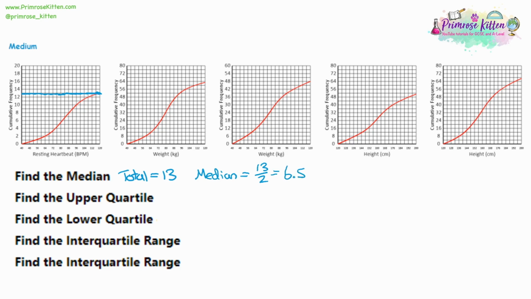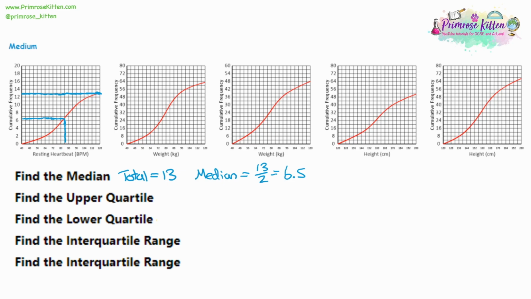So now we follow the same method we just used. We're going to draw a line across. We find 6.5 on the cumulative frequency. Now 6.5 is in between 6 and 7. So here, use a ruler to draw a line all the way across. And then as soon as you hit that red line, turn the line you're drawing and go down. And then you have to identify the point that you reach. Now to me, that's in between 88 and 80. So that's going to be 84.